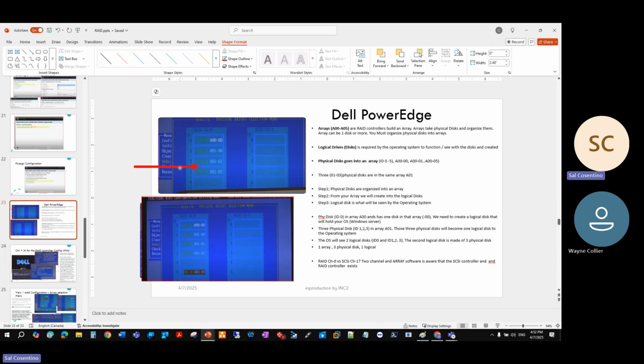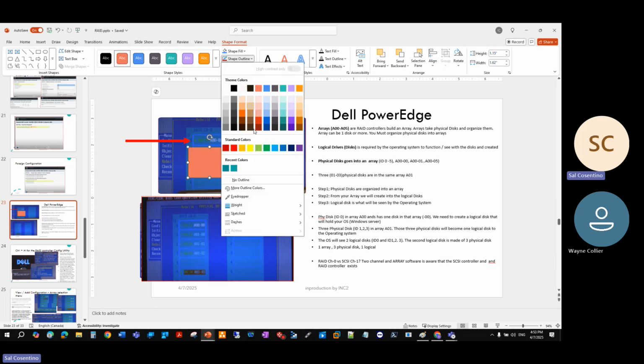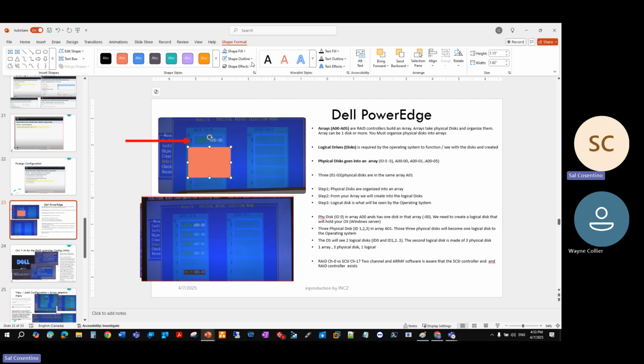Got me? Okay. So as you could see, A1, A01, A01. So these are three physical disks, right, in one RAID array. So this is a RAID, basically. So right here, let me make this a little bit bigger for you. You see these disks right here? You can denote by the lettering in this. And this is how it used to be back in the days, right? You see that? A01-00, A01-00,